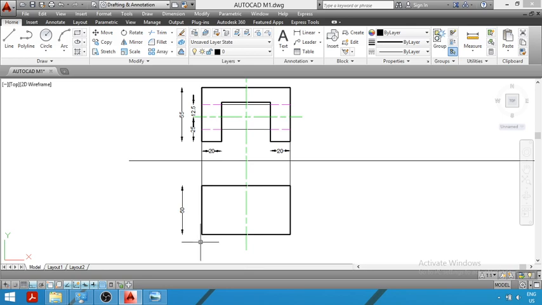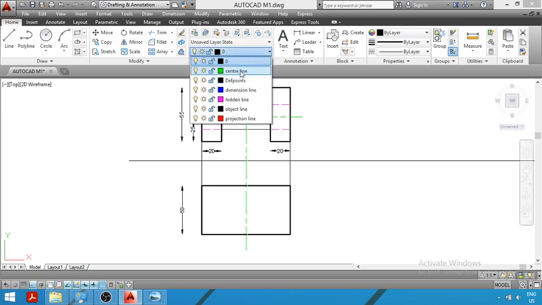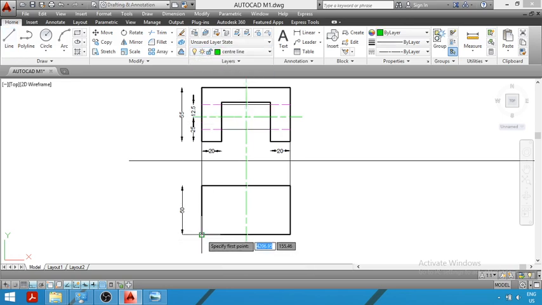Now for drawing the horizontal center line, you will take a distance of half of 50. You can see the total distance is what? 50. So half will be equal to what? 50 divided by 2, that is 25 mm. So now we will draw the horizontal center line. For that we will take a distance of 25 mm. You can see I will be taking a distance of 25 mm. So from any corner, either upper corner or lower corner, you can take a distance of 25, and then we will draw the horizontal center line.